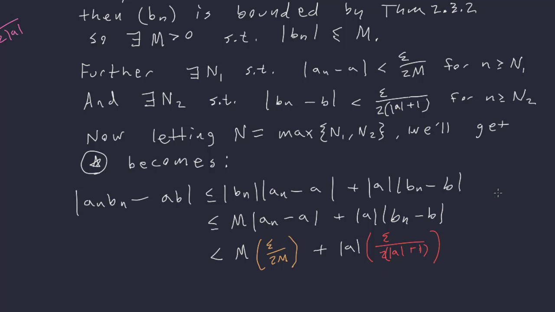Now absolute value of a over absolute value of a plus 1 is less than 1 because the denominator is 1 greater than this one. So this whole thing is less than 1. So here the M's cancel, and here it's not so much that the a's cancel, it's that these together are less than 1. So we get that this whole thing is less than epsilon over 2 plus epsilon over 2, which is equal to epsilon. And there we have it,